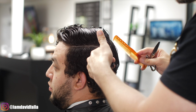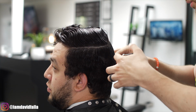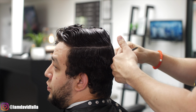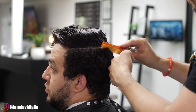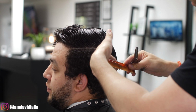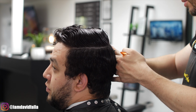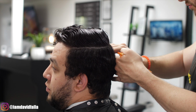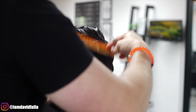So we're going to go ahead and create our weight line, and this is just going to be kind of measuring depending on if you want the hair to spike up or not. Pretty much the shorter you cut it, obviously the more chances of spiking up the hair. In this case, we don't want an extreme weight line, just because this is going to be more like a combination between a crop top, but without that extreme look. I don't know if you kind of understand what I'm trying to say,